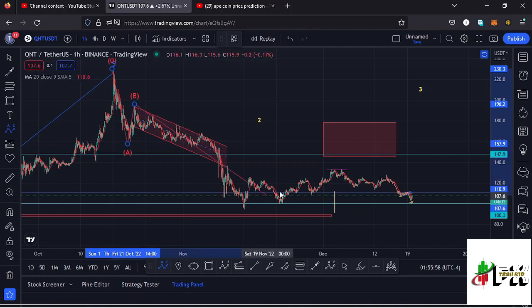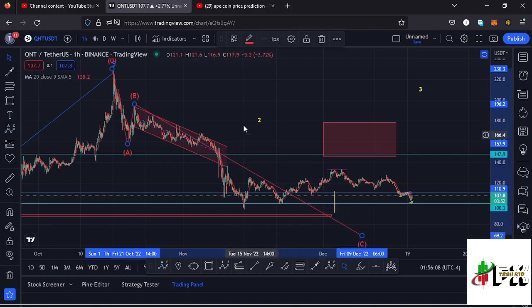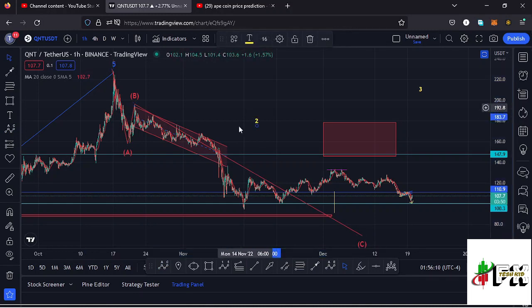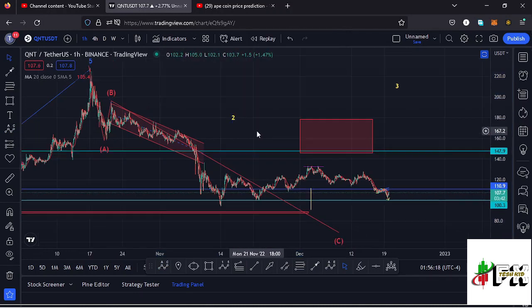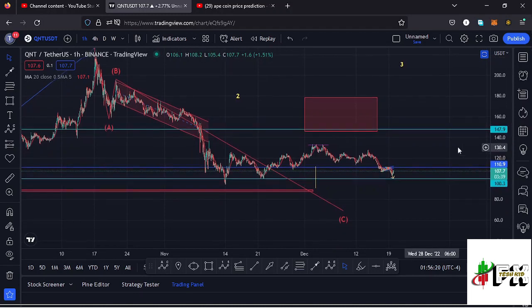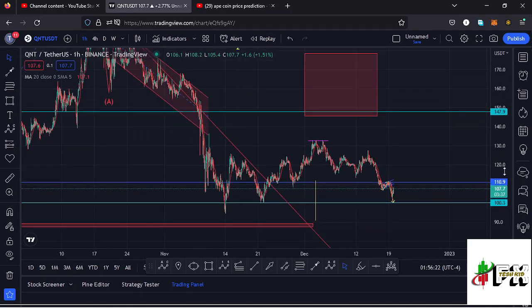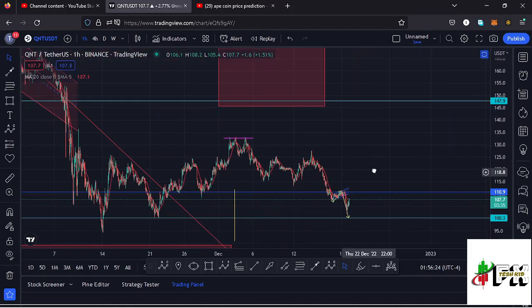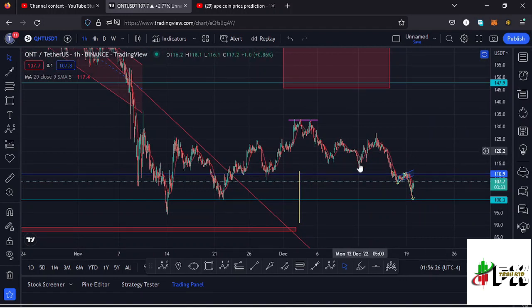Then this movement right here might be much of a consolidation, which is supposed to give me a breakout to the lower side, so that we can see the low for that wave C and also fully maximize the formation of that higher Elliott wave count 2 to the lower side. And to also support that movement to the lower side in the formation of that wave C, we have a chart pattern that is in formation right here